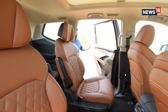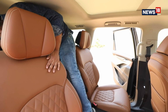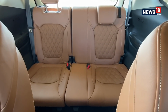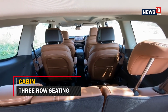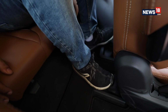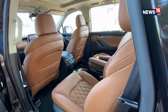Gloster is a full-size 7-seater SUV with no dearth of space inside the cabin. While we drove the version with captain seats in the middle, there's also a bench-type seat. Accessing the last row was a task in the variant we drove, but the seat at the rear is amply spacious with enough legroom and headroom. Like all the 3-row cars, the thigh support is negligible and also keeping your foot at the right place is a bit tedious. Practicality wise, there's enough space to hold your stuff,